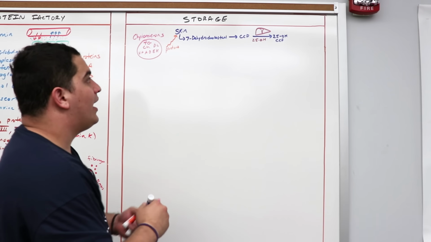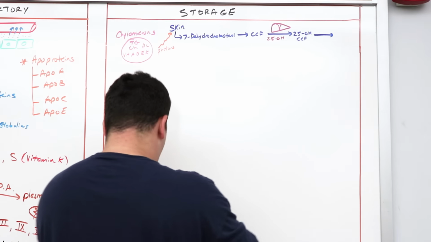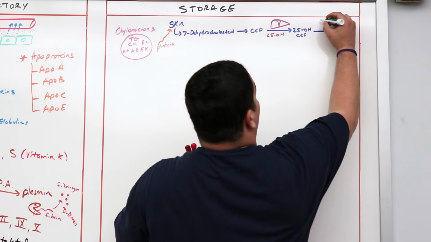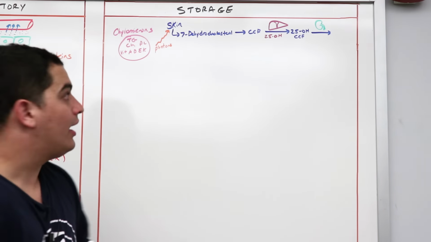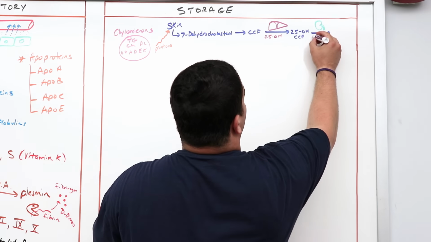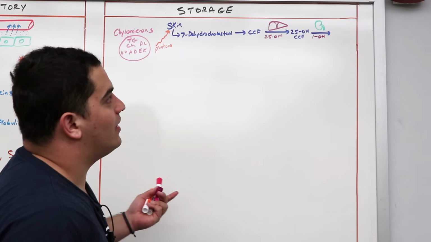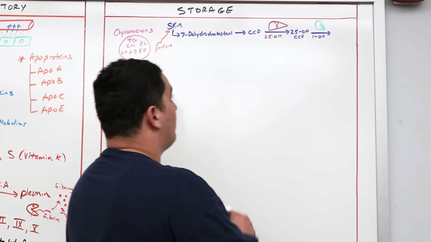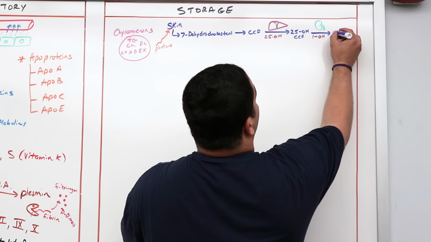Now from here, it'll then go to another organ, your kidneys. Let's draw in a little baby kidney. The kidney has a particular enzyme in it called 1-hydroxylase. What do you think it does? It puts a hydroxyl group on the one carbon of this cholecalciferol, which is this cholesterol derivative, and converts it into